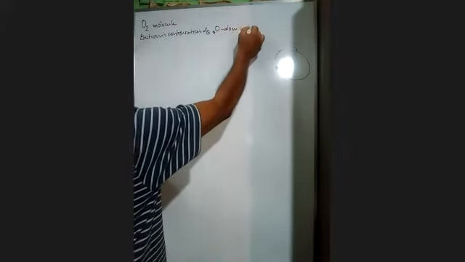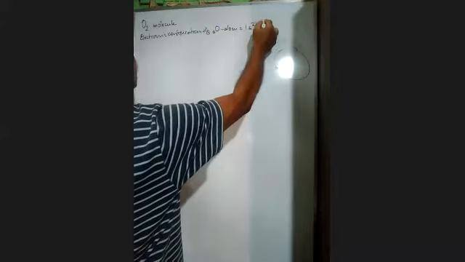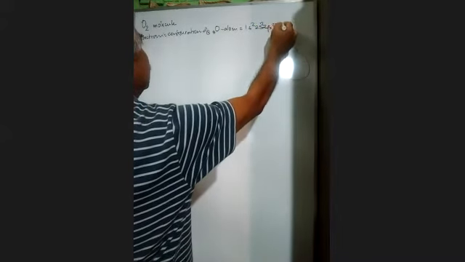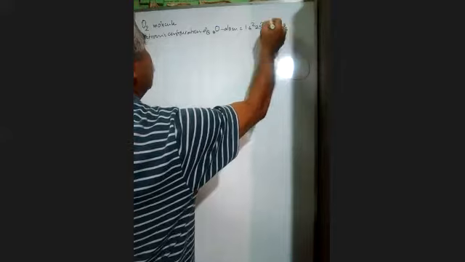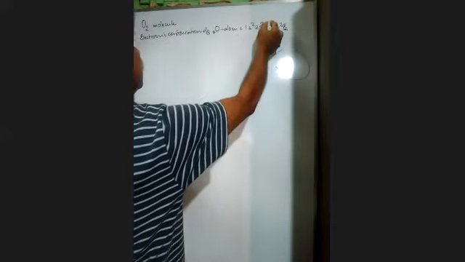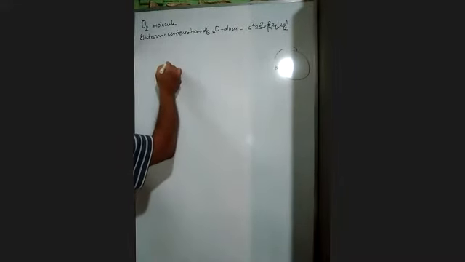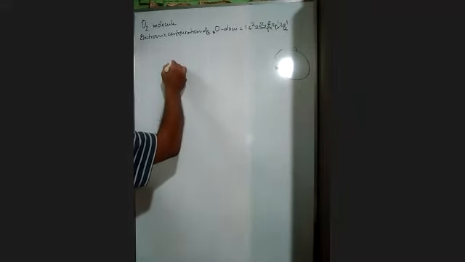What is this? 1s2, 2s2, 2px, 2py, and 2pz. So it is 2, 1, 1. Okay. So now